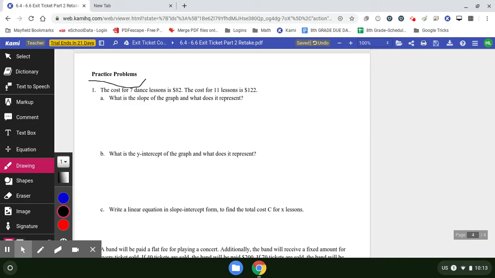It's also a Google document if you want to type it into the document. If you prefer to do that, you can submit it that way. But you want to get the practice problems done and submit them to make up for the exit ticket. Okay? Let me know if you have